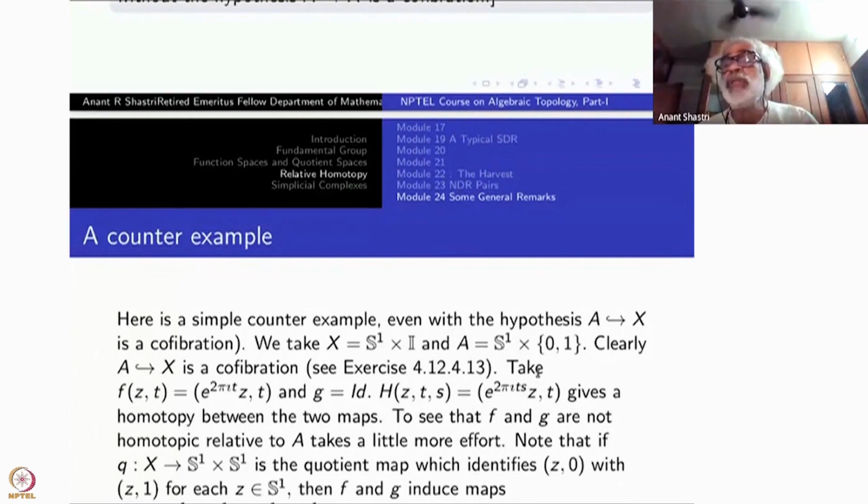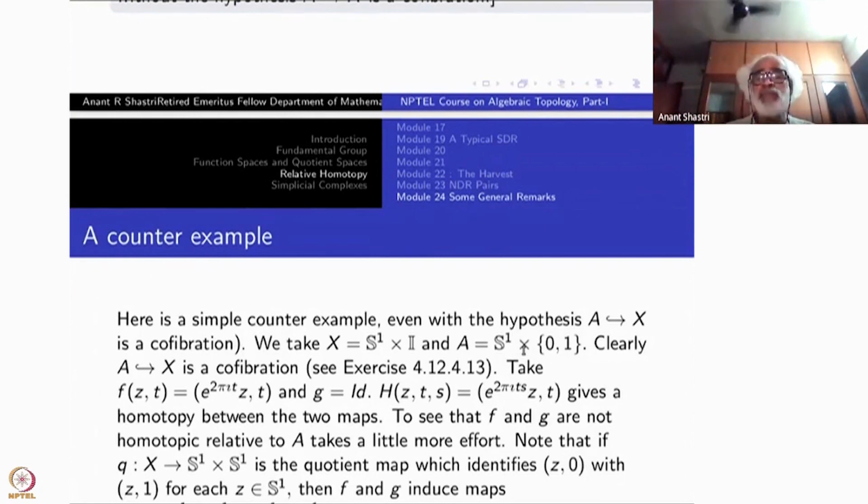So this we have seen before. Okay. The double points, -1 and 1, or 0 and 1, contained inside I, that is a cofibration. Then you take the product with S1. So this is one way. There are several ways of seeing this one. The first thing is that the boundary included inside S1 cross I, that inclusion map is a cofibration. Okay, that's the first exercise.